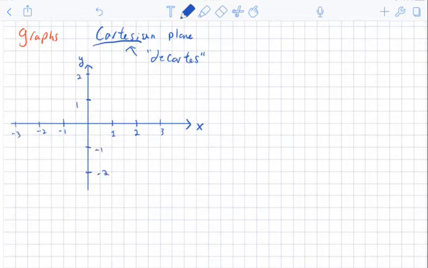Okay, so let's talk about the anatomy of this. This point here, where the lines meet, that's called the origin. Okay, and the origin is the point. It's an important point, but it's just the center of a graph. It's the point with respect to which all other points are described. Okay, so when we talk about the origin, we're talking about where the axes meet here, the origin. Okay. Now,